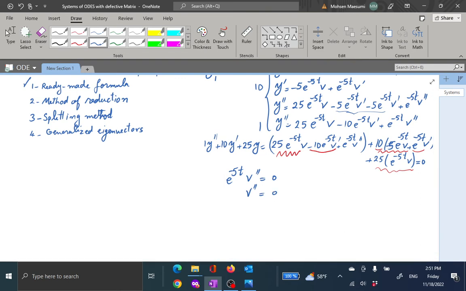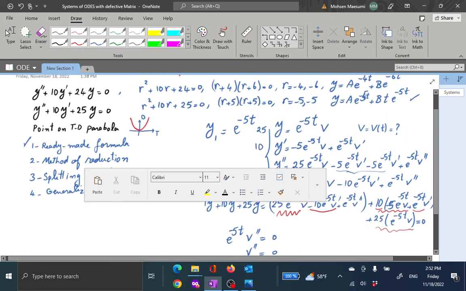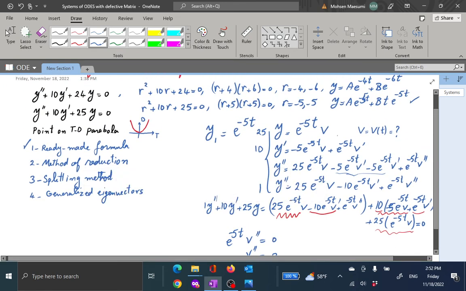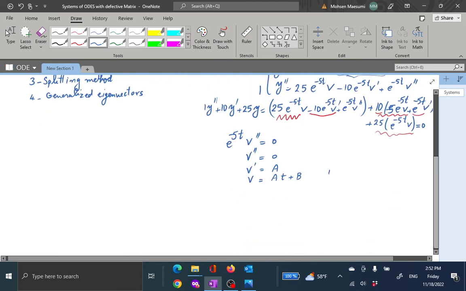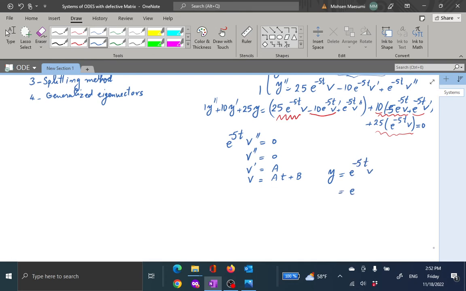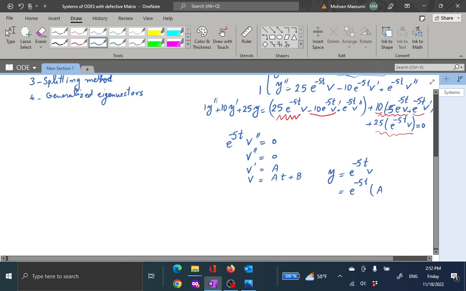So the second derivative of a function is 0. That function has to be a linear function. First you recover your first derivative, which is just a constant. Then you recover the function itself, and the antiderivative of a constant is that constant, say a, times t plus some other constant b. So we have found our v. Our v is the item that is supposed to multiply with the exponential of minus 5t. So therefore y, which was exponential of minus 5t times v, is going to be exponential of minus 5t times at plus b,